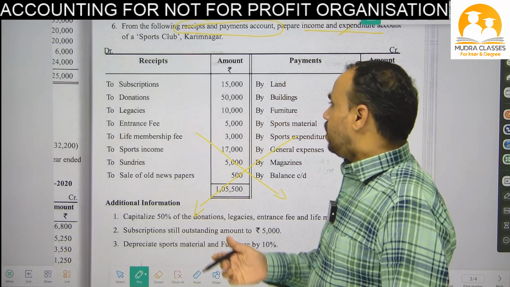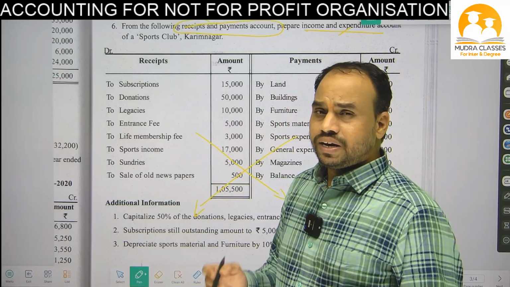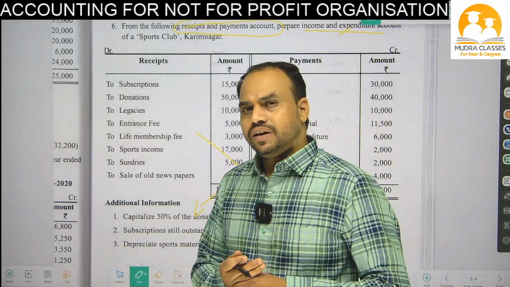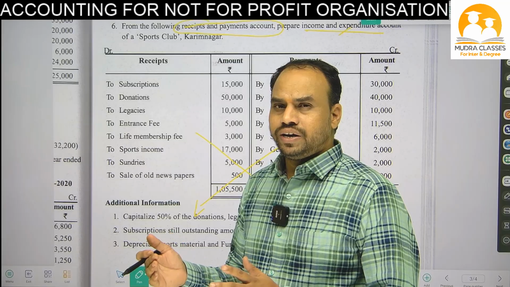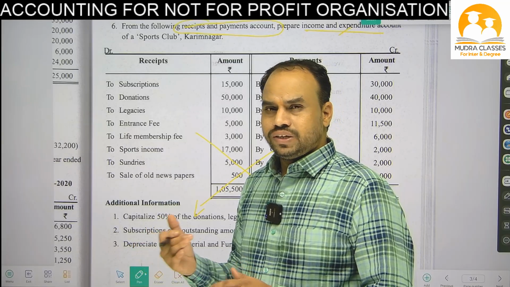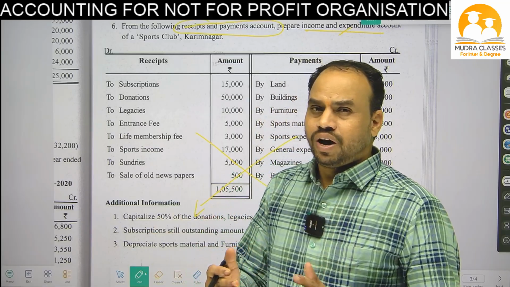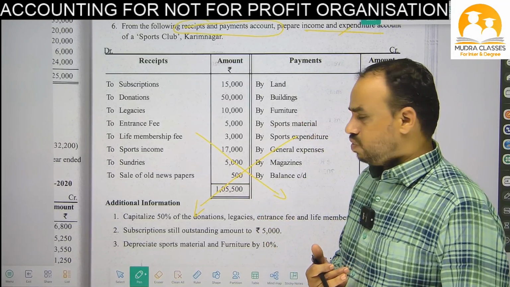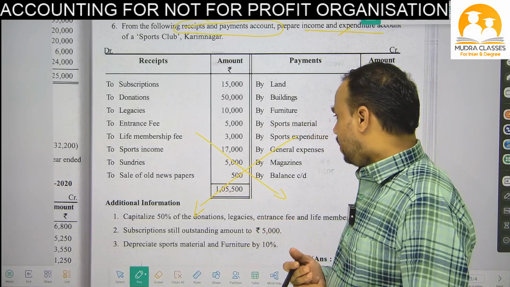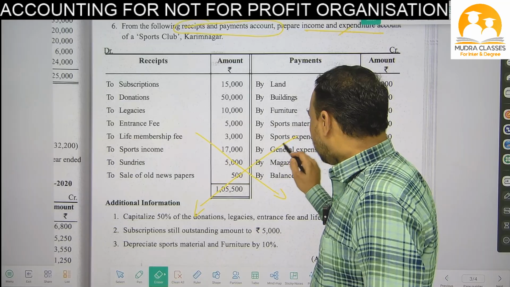And in the question, three years' income is given: current year, previous year and next year, but in the answer we will write only the current year. All this I explained clearly in a half hour video in the introduction chapter. Okay, so you must listen to that video compulsorily. Only after that should you watch this video, otherwise you will not understand better. Okay, so as I explained in the previous class, beta,